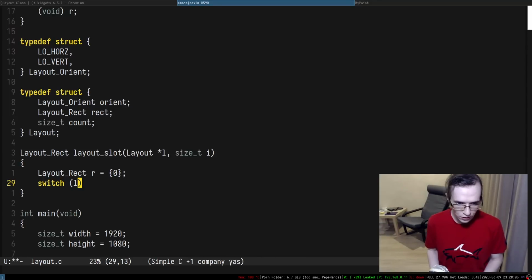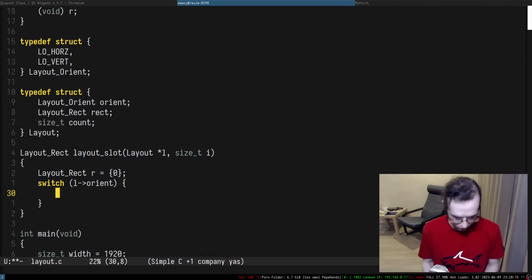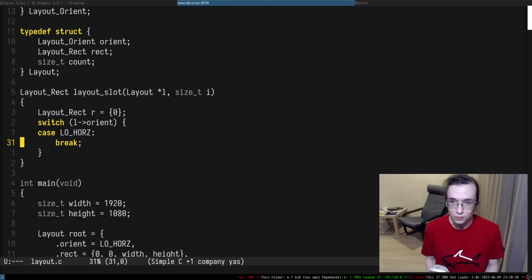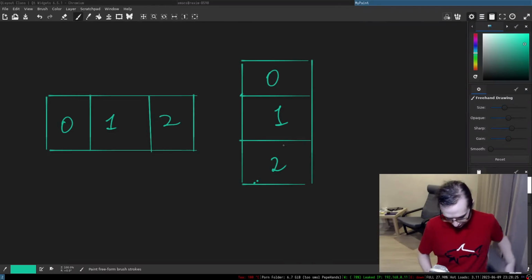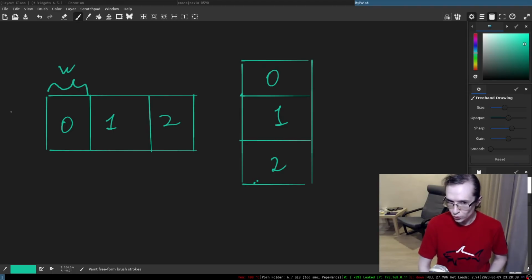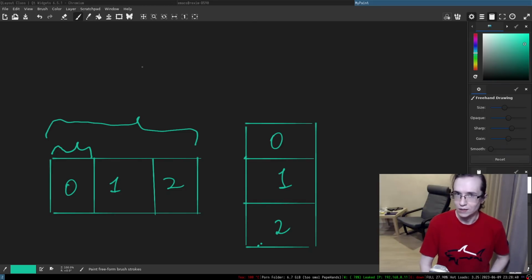So let's actually do switch, and this is the orientation of the layout. If it is a horizontal layout, how are we going to be doing all of that? We need to know the width of a single element. Essentially, that width is the width of the whole thing divided by the amount of elements.